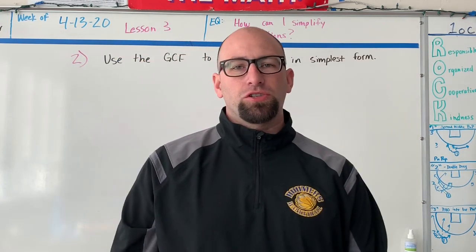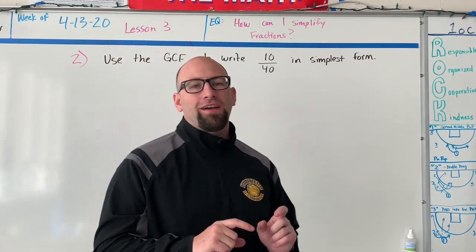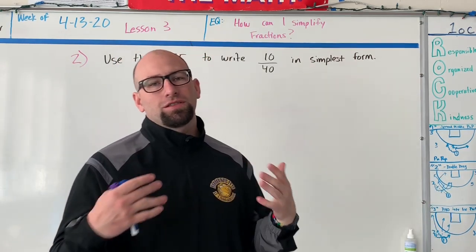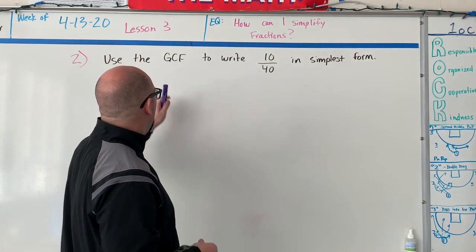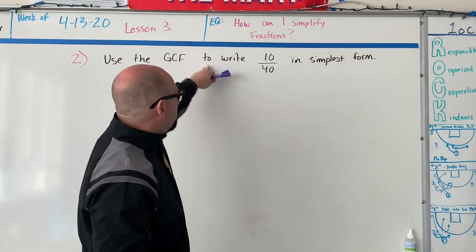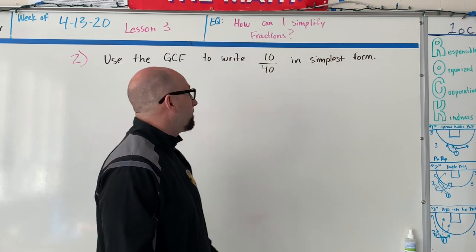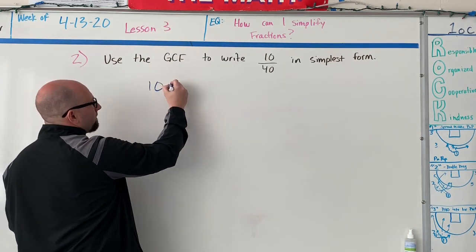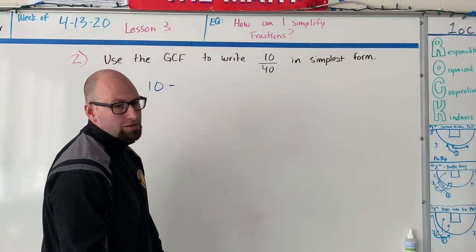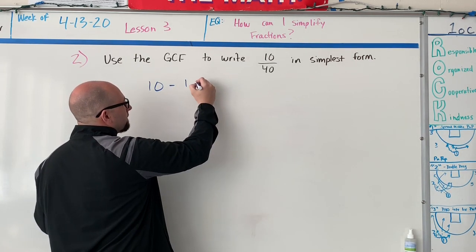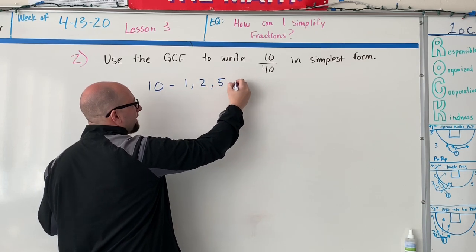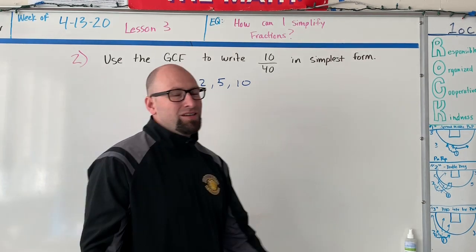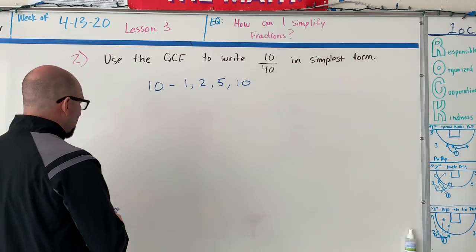Now what we're going to do is use the greatest common factor of the numerator and the denominator to get the fraction to the simplest form. So right here we've got: use the greatest common factor to write 10 over 40 in simplest form. So what we're going to do is take 10 and label out all of the factors, okay? So we've got 1, 2, 5, 10, right? 1 times 10 is 10, 2 times 5 is 10, there's no others, that's it, okay? Then we're going to go to 40,